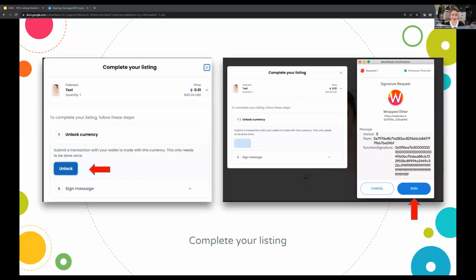So first I have to submit a transaction to unlock the currency within my wallet. This is sort of the final detail process of minting your NFT. This is the place where fees can usually be incurred, but because we're using Polygon, we won't be dealing with any of that. So you'll see a MetaMask pop up and it will ask you to sign in to complete your transaction. So go ahead and do that. You're going to unlock and then you're going to click sign.